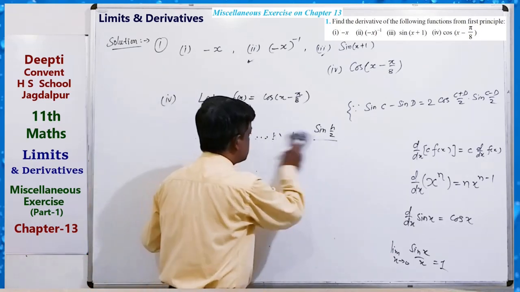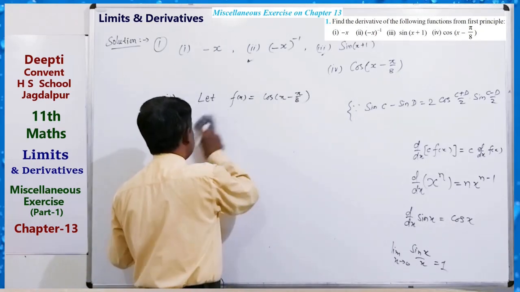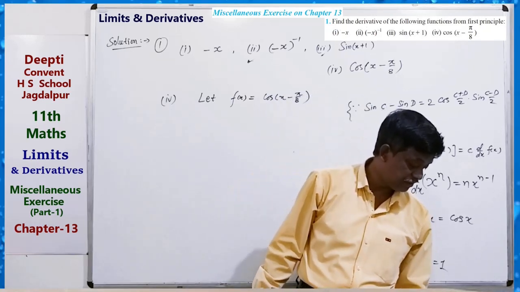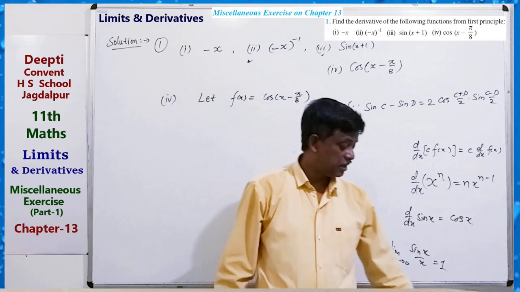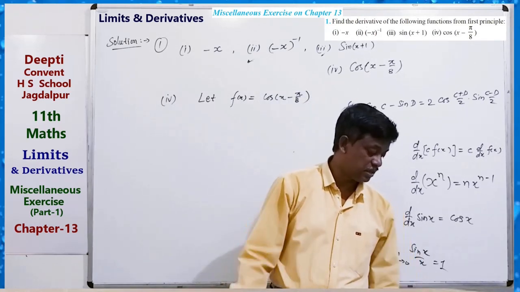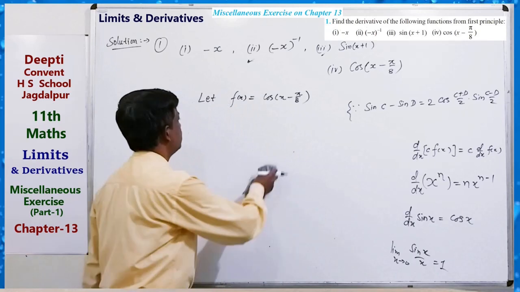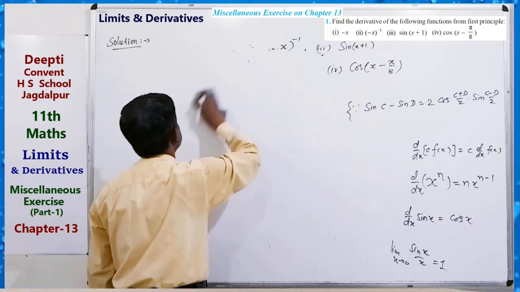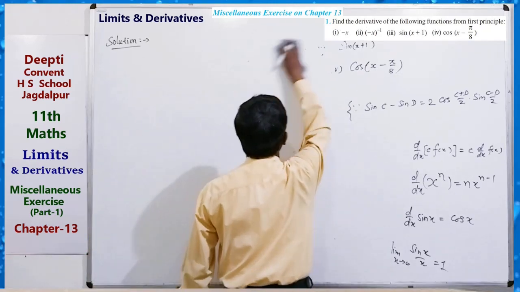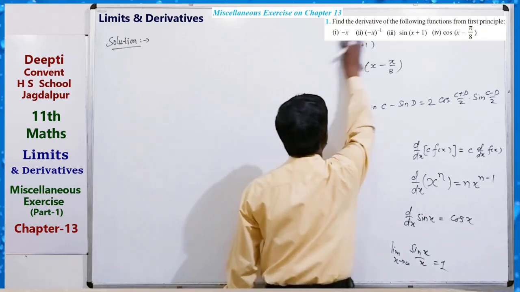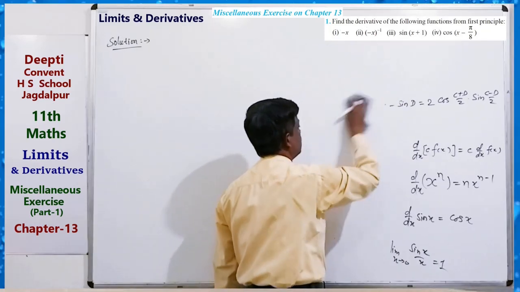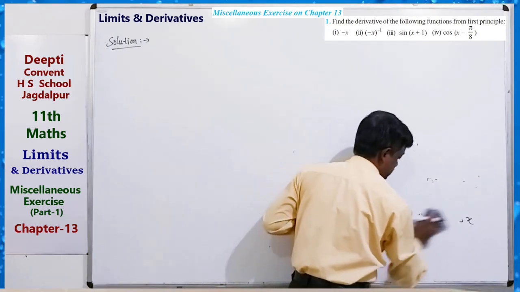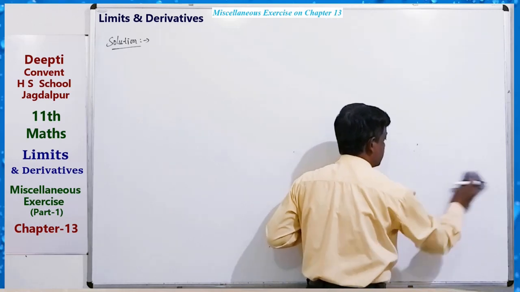Now there are questions from 2 up to 30 in the miscellaneous exercise of the 13th chapter. Here a, b, c, d are given in the functions, which are constants also, and m and n are integers, that is, the powers are integers. So we will take some questions from this and solve how to find the derivative. Up to this stage we know some basic formulas. We have already completed finding the derivatives of all the trigonometric functions: sine, cos, tan, sec, cosec, cot.